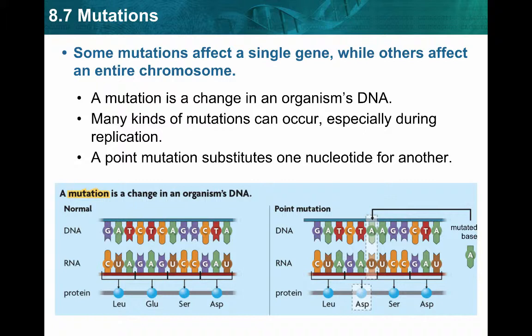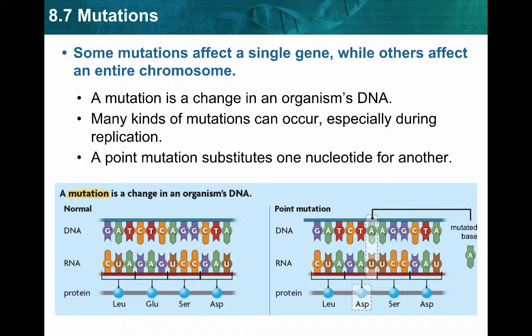Mutations can happen spontaneously due to things that we call mutagens, right? Things that cause the change. Or they can also happen during replication, like a mistake happens during replication. So different types of mutations are,